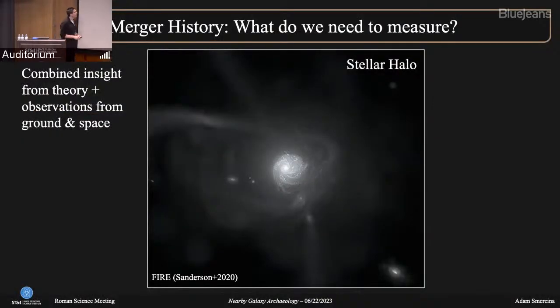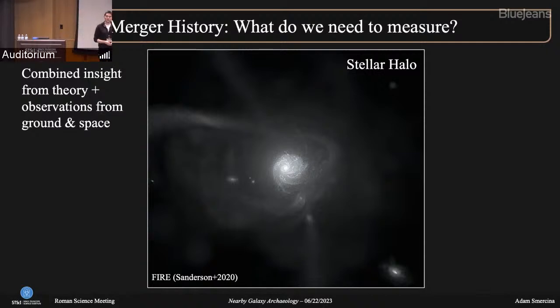Okay, so the merger histories of galaxies are really important for us to understand because we think mergers are a primary driver of galaxy evolution, right? And so to measure the merger histories of galaxies, for nearby things, we're typically looking at